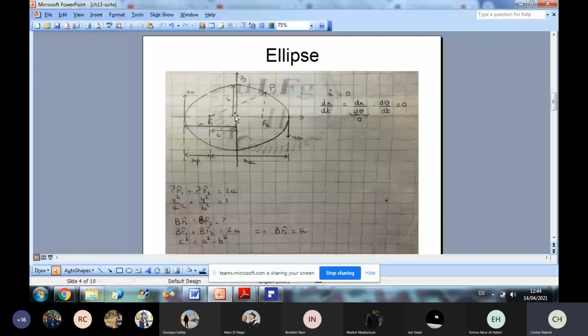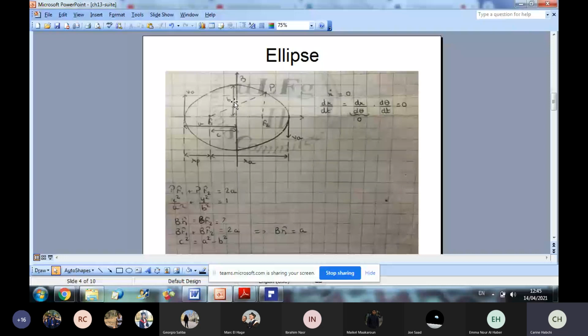Now, we demonstrated that for any point on the ellipse, we have the property that PF1 plus PF2 equals 2A. In particular, if I consider the point B, I can say also that BF1 plus BF2 equals 2A. And since they are equal, then each of them, BF1 will be equal to BF2, will be equal to A. And therefore, I can relate the distance from the origin to the focus point, C, to A and B by saying that